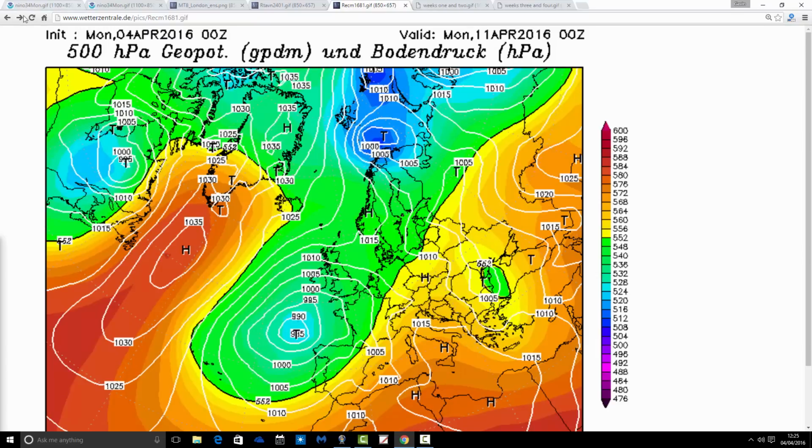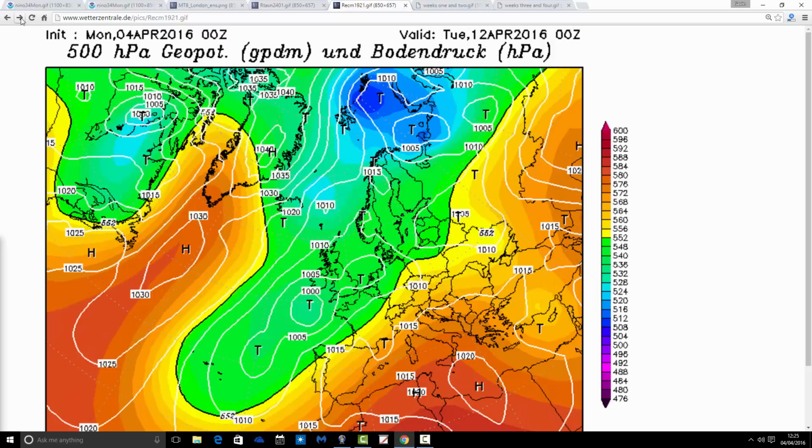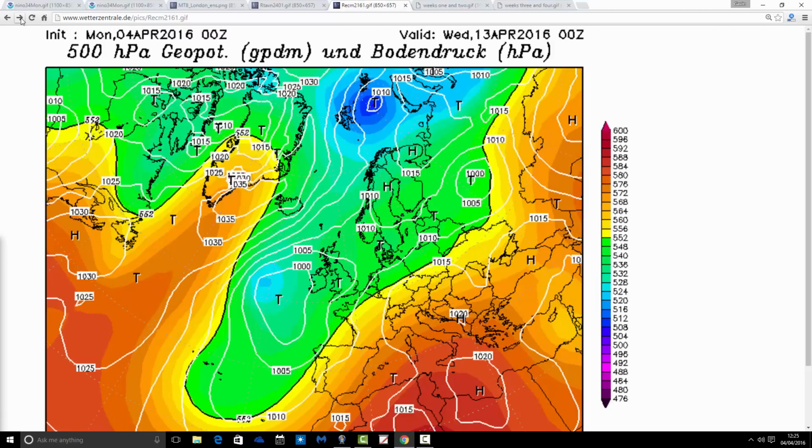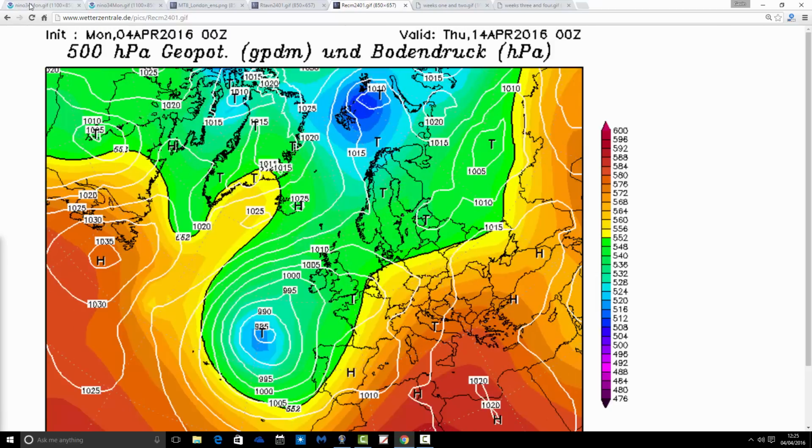But nothing all that cold. It will probably be a fairly chilly wind, those easterly winds on the eastern side of the country, but nothing particularly cold happening there. And then through the course of next week, we keep it very unsettled with low pressure always close to the country,